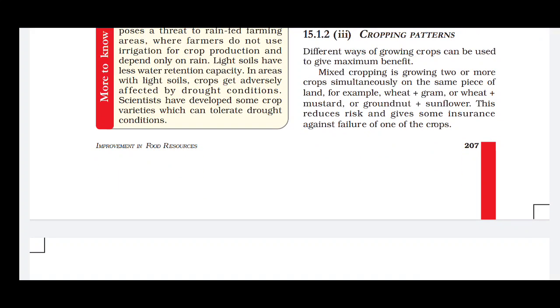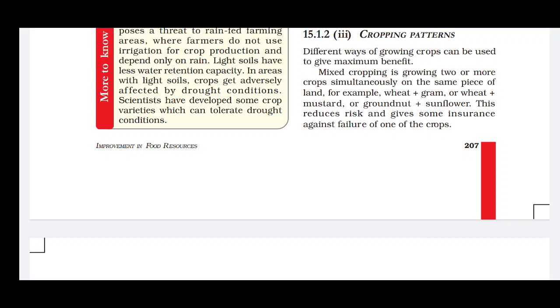Mixed cropping means the cultivation of two or more crops simultaneously on the same piece of land. For example, wheat and gram, wheat and mustard, groundnut and sunflower are grown simultaneously at the same time in the same field. The advantage of mixed cropping is that it will improve the soil fertility,